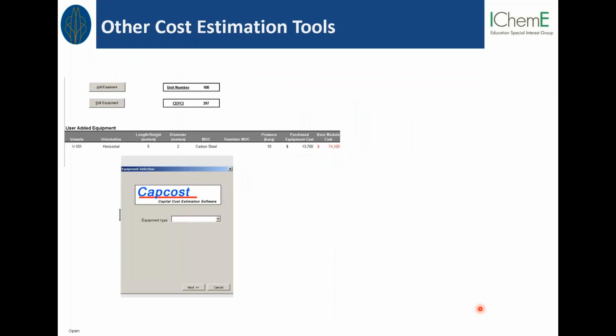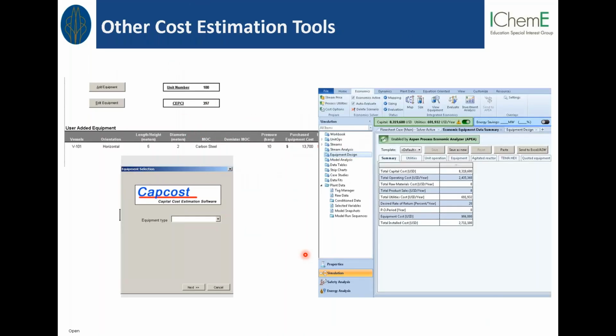And then we could also use CAPCOST. I don't know if you know it, but I think in universities, students normally use this. If not, they will be using things like Aspen. But at least we need to have the same basis when we are going to evaluate this, because we know for sure that these numbers are based on the correlations given by suppliers. But how accurate that is, it's still a matter of